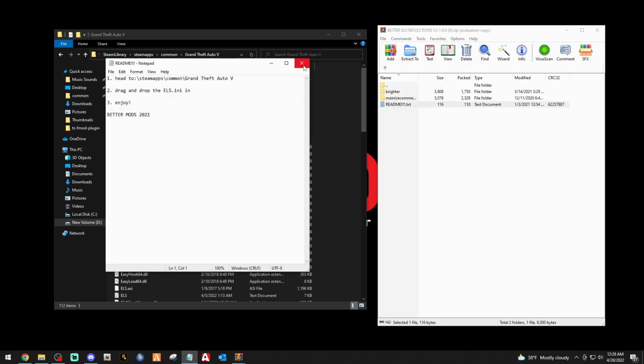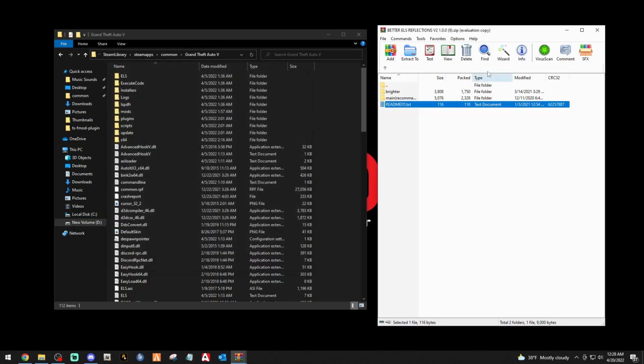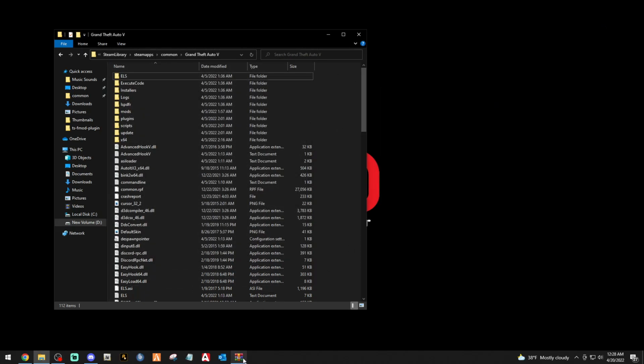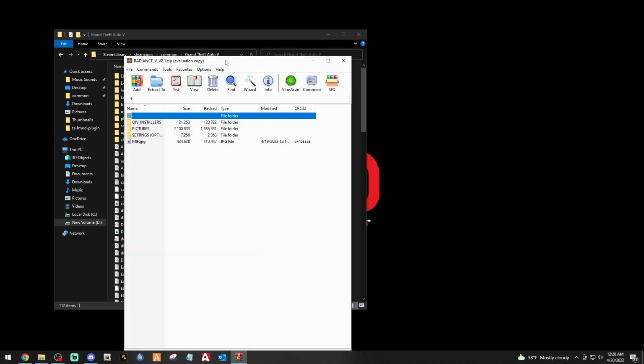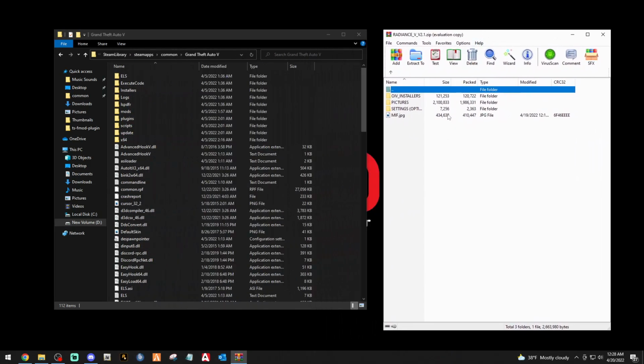README. Okay. Yes. Okay. So we can go ahead and exit out of that. And lastly, let's bring up the Radiance V. Now, this is an OIV, high end, low end, medium end,